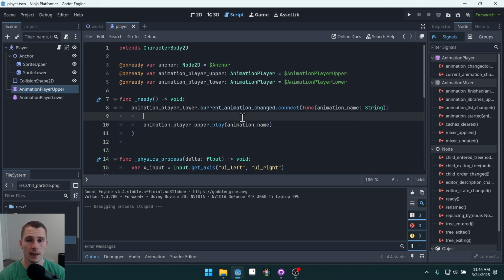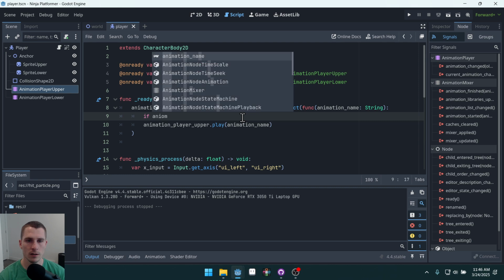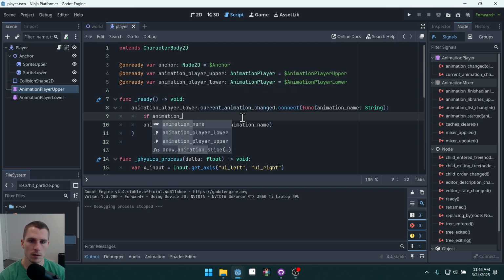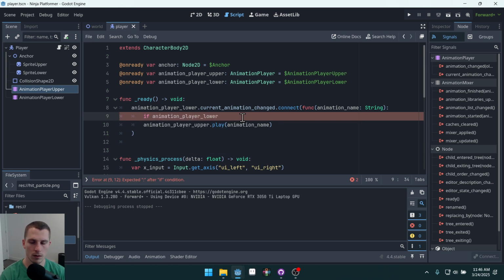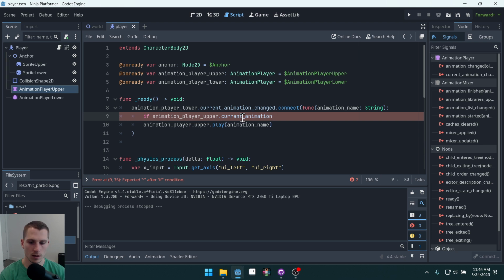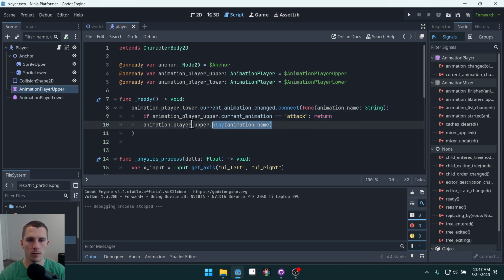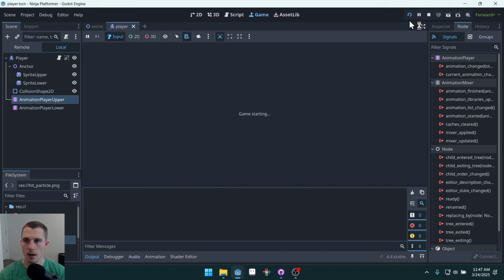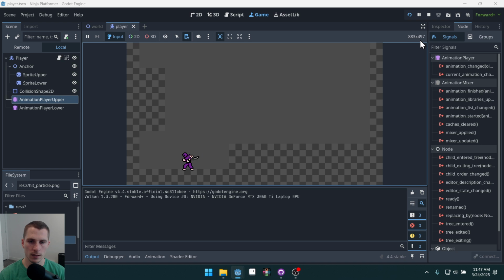We can do this by saying if animation player upper dot current animation is equal to attack, return. That means if it's playing the attack animation, just skip out of this and don't sync our animations anymore. And that will solve our issue where if we start an attack and then immediately move, it doesn't cancel the